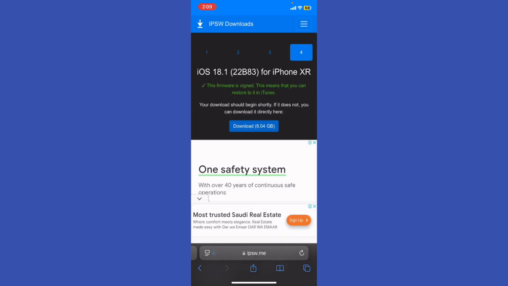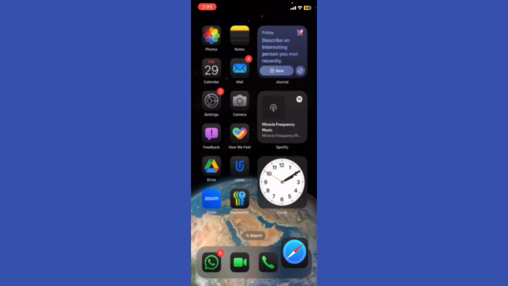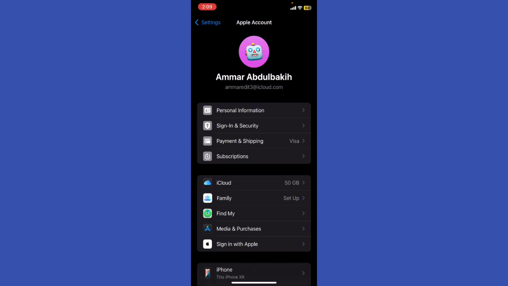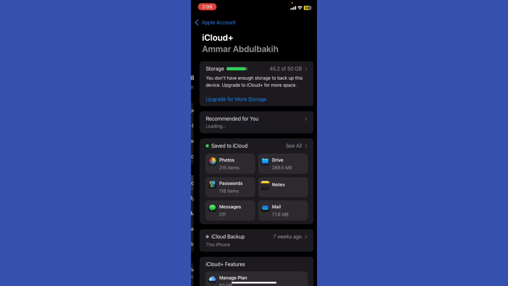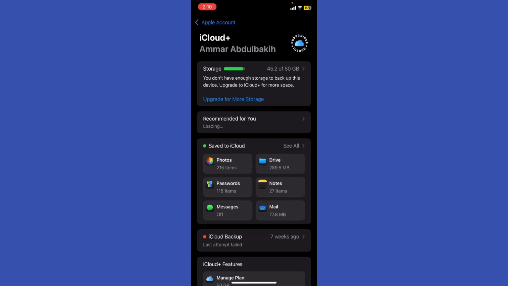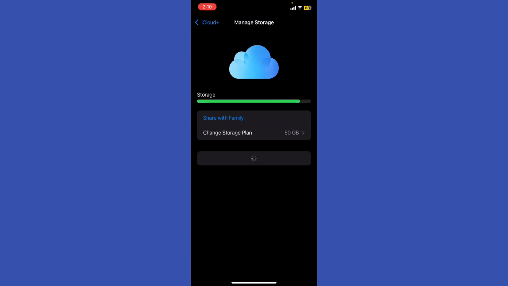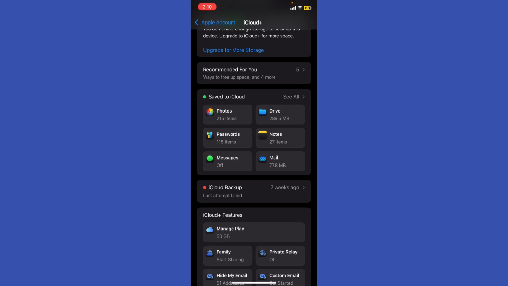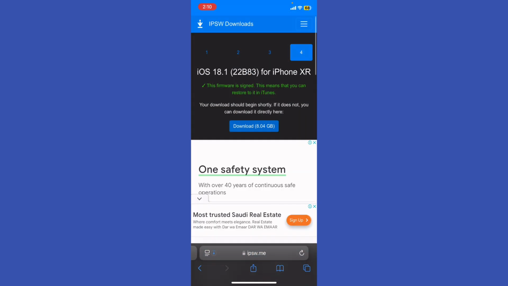Make sure that you back up your device before proceeding with that step. Go back to your screen, go to your settings, click your name, and go to iCloud. Make sure that you allow the storage of your iPhone, and that you save all of your photos and important information to iCloud. And now you're currently downloading the